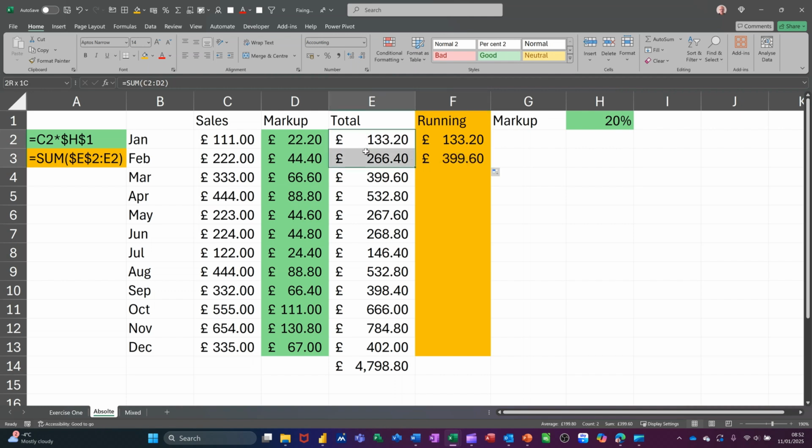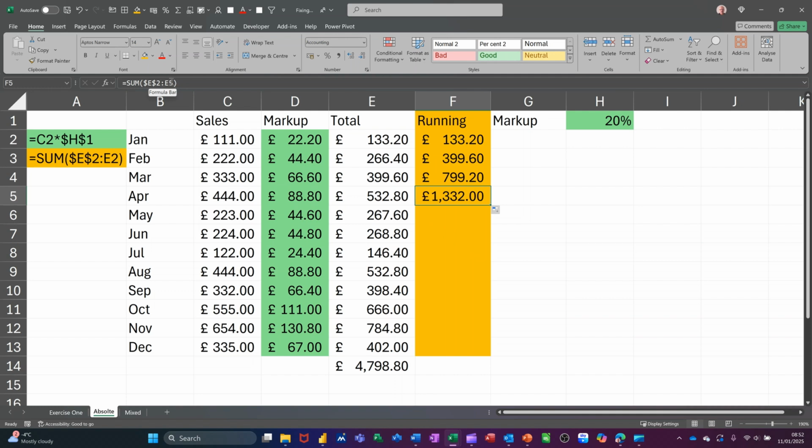So if I highlight these two, down the bottom there, you can see the total is the same as what it says there. And if I pull it down again, I'll keep pulling it down and then just highlight these four now. So 1332. So what's happening here is the first E2 is locked, the second E2 was not locked, so it's just